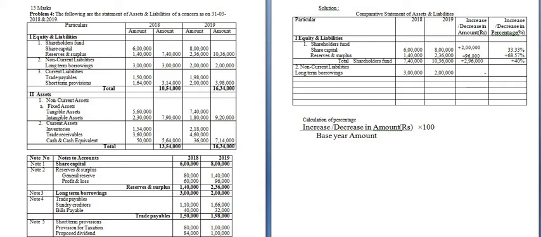Now here if it is a decrease, we have to denote it by a minus sign. How much did it decrease? 1 lakh. Decrease in the long-term liabilities is nothing but repayment of long-term liabilities. So we have to find out the percentage, how much the firm has repaid the liabilities in the year 2019. 1 lakh divided by 3 lakh into 100 is equal to 33.33 percentage. So first write the sign here, 33.33 percentage.